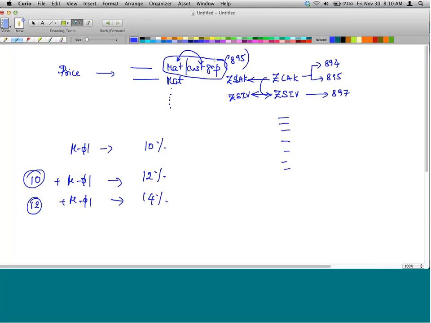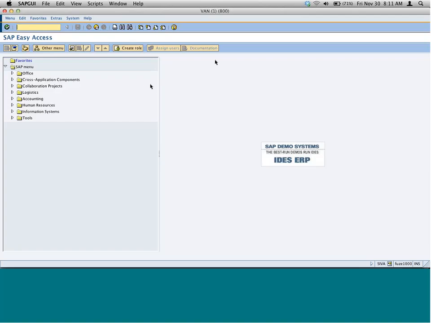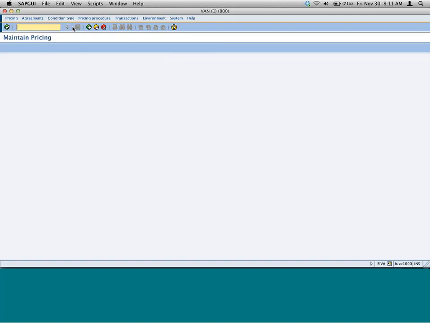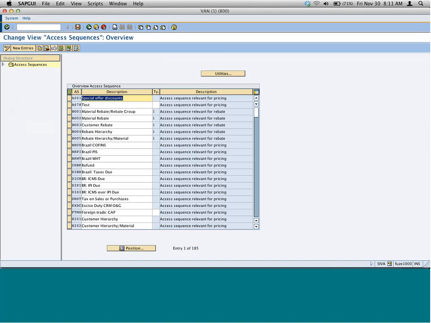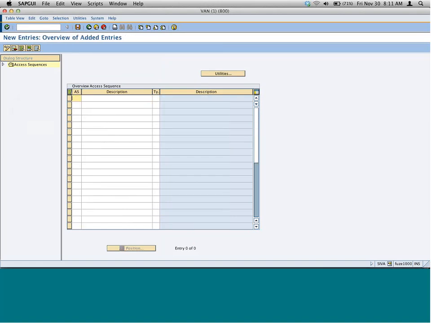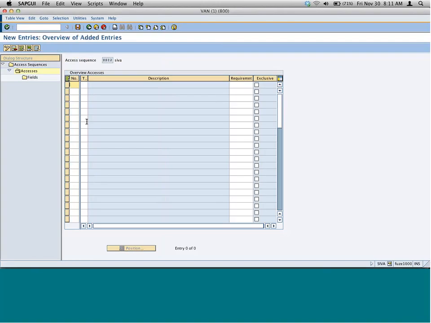But where do we start? Do we start with an access sequence? Yes. Right? So let's start with an access sequence. VOK0, go to condition type, access sequences, and start creating a new access sequence. Call it ZSI2, CVAS access sequence. Select it, and then double click on accesses. Go to new entries, and 5, 894 exclusive. Okay? And 5, of course, 895